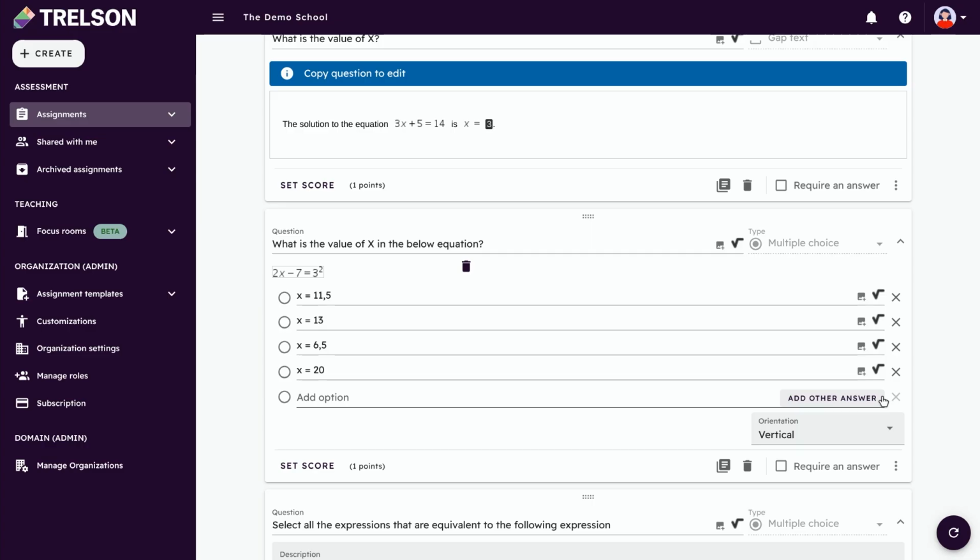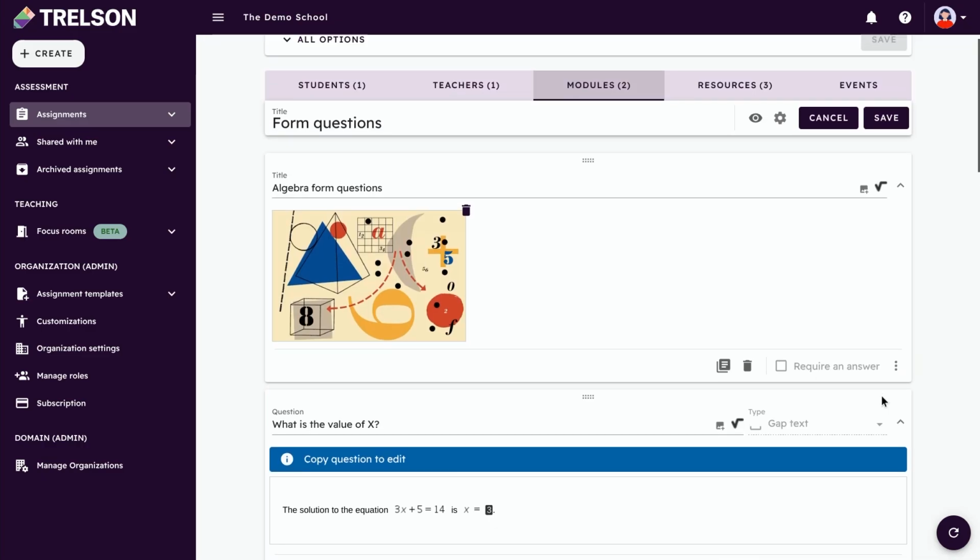This is great because I don't have to spend time on actually grading the answers from the students in this case, since we already know which answer is correct. So the system will do it for me once the students have submitted. I feel happy, so I'm clicking Save. Now we know what the students will do in this exam. They're going to write in a writing space and they're going to answer questions in a form.